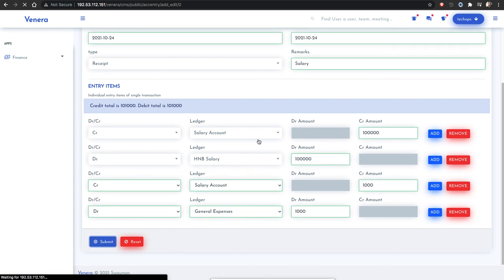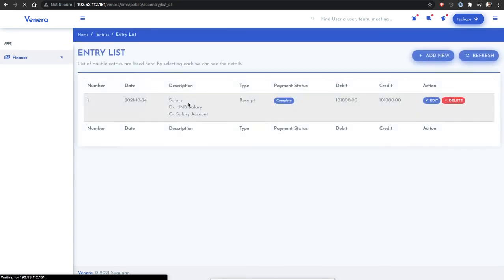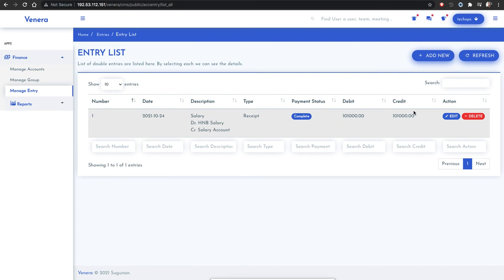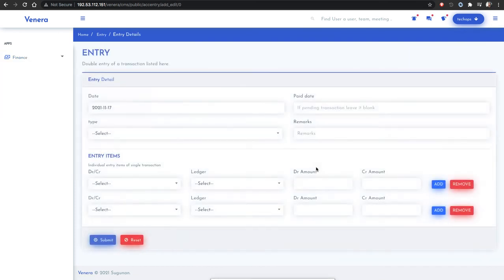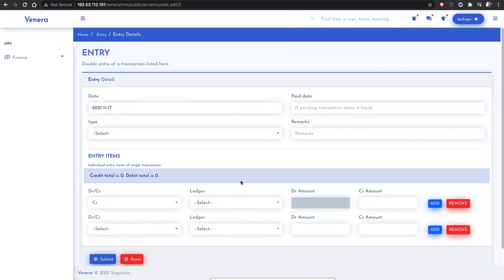When you submit, the data gets reflected there. It's available here. Now I can add an expense, credited from H&B.